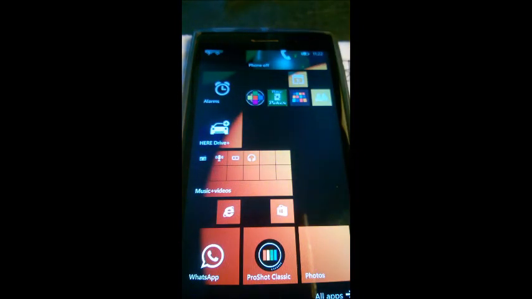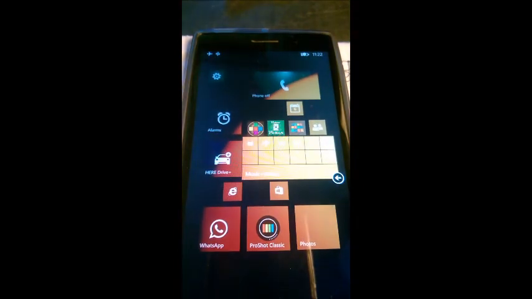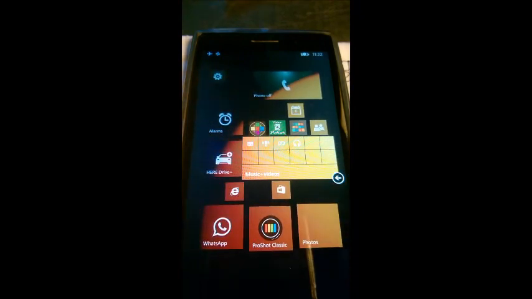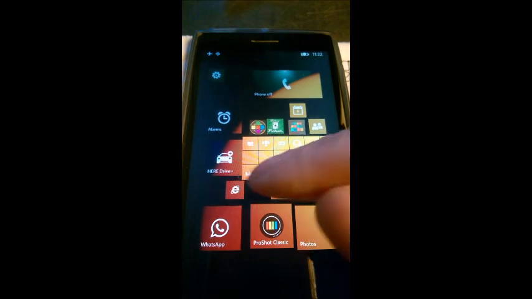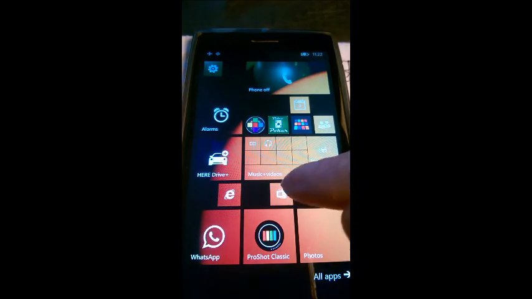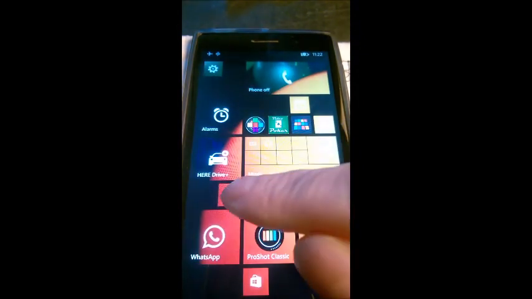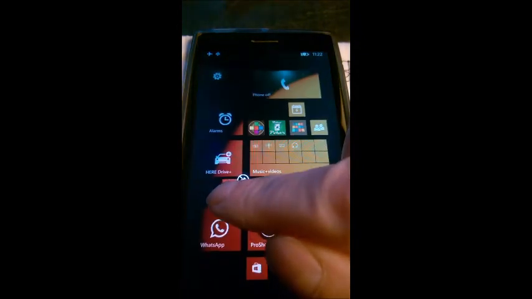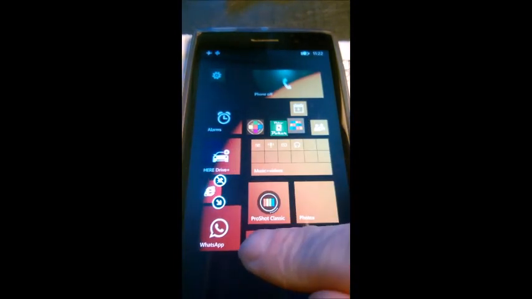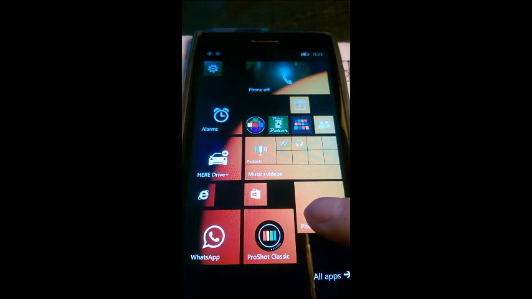So that's how you just wiggle these things. You can perhaps make some space like this. If you want to keep space, you cannot really create empty space like here, so you need to put one of these squares, bigger or smaller, to make space if you want. For instance, if I move this to the bottom, and then I move the Explorer to the bottom too, the space goes away automatically. So that's how it works. There are sort of limitations at that point. Just try to close this.